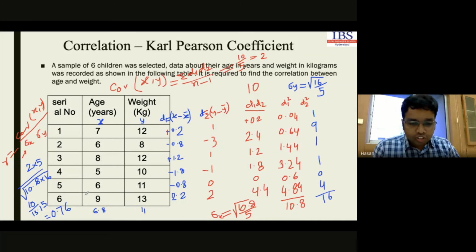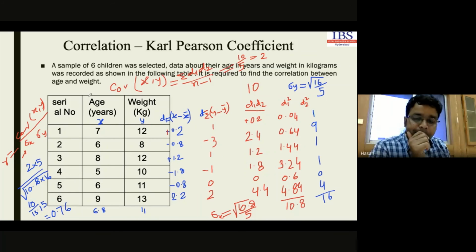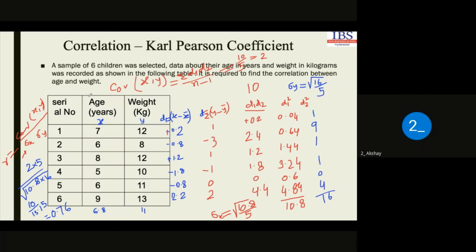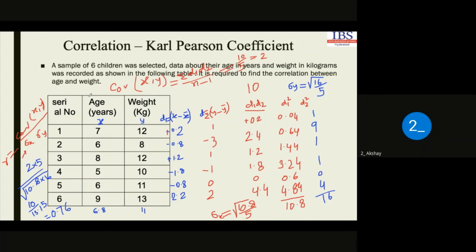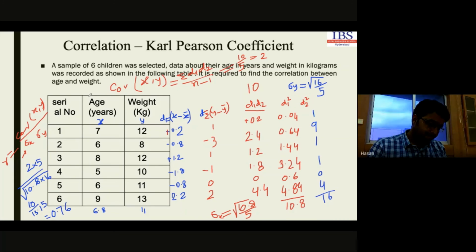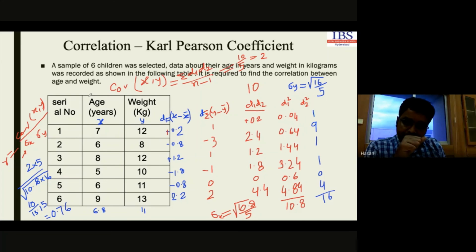Who says 0.98? Can you tell me how? Sir, it's me. Akshay, tell me, all other values are the same for you. Where is the difference? Sir, the standard deviation of x for me is 1.34 and standard deviation of y is 1.527. I did 2 divided by 1.34 into 1.527. I got 2 by 2.04, then I got 0.98.